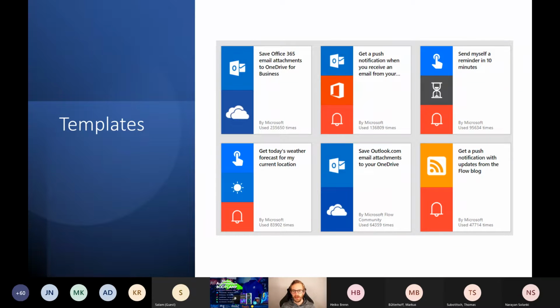Next up is the fact that there's many templates available. This screenshot is very much out of date, but what I was describing of, for example, saving an attachment, when I used to do this in an on-premises environment, I would have to hook into an Outlook COM object.